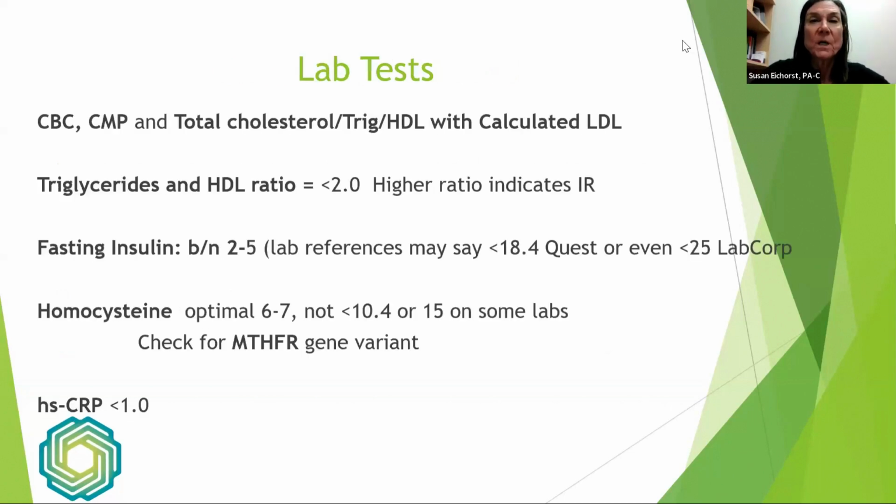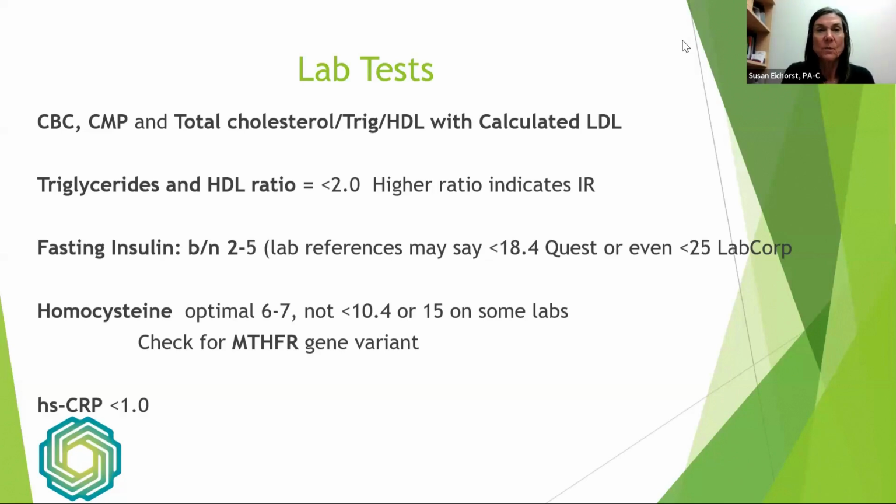So what kind of lab test do you want to get done? Well, your basic CBC and chemistry can be helpful. Total cholesterol can help because it'll give us our triglycerides and HDL. Calculated LDL might be helpful. But really, it's the triglyceride to HDL ratio. You want that less than 2. That's almost a great indicator that you do not have insulin resistance. Not perfect, but pretty close. And then you want your fasting insulin between 2 and 5,